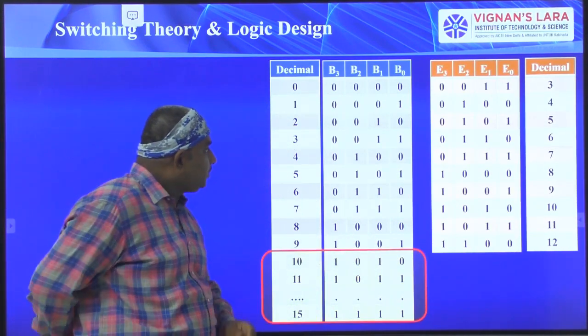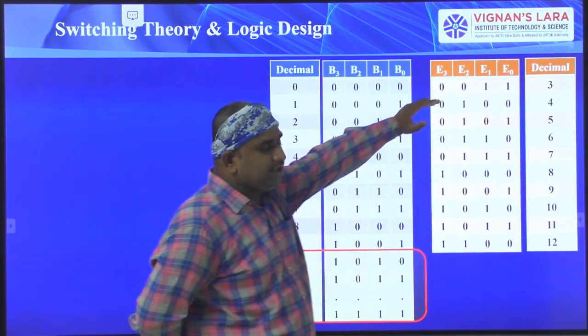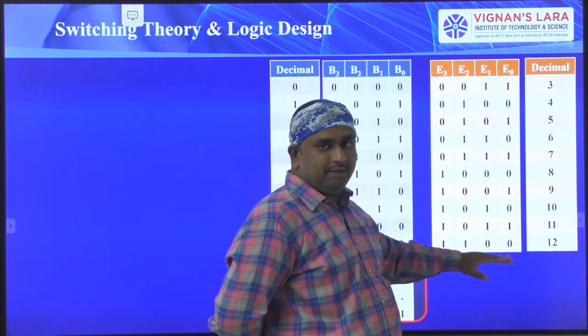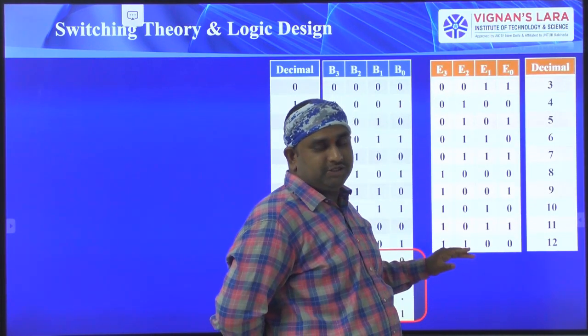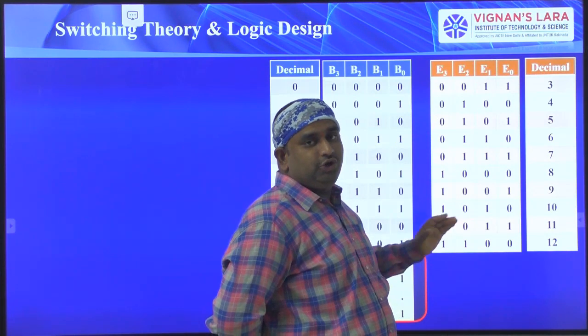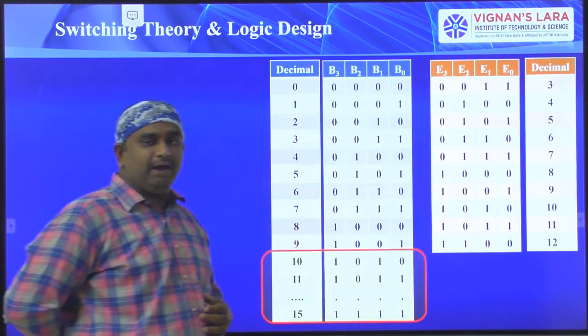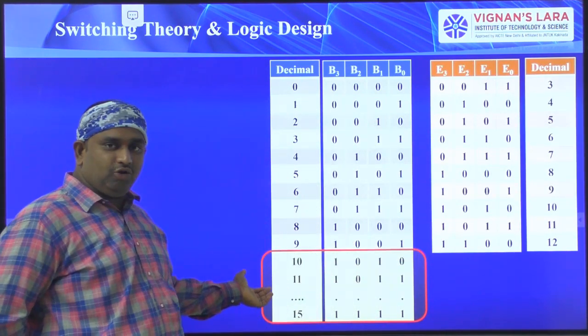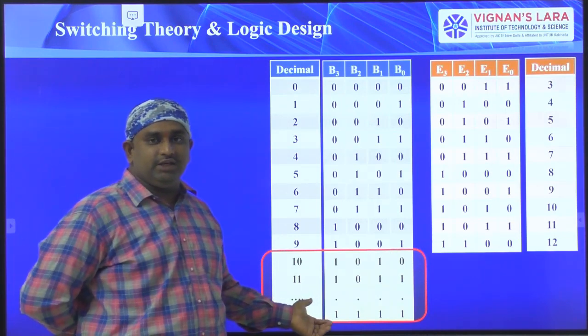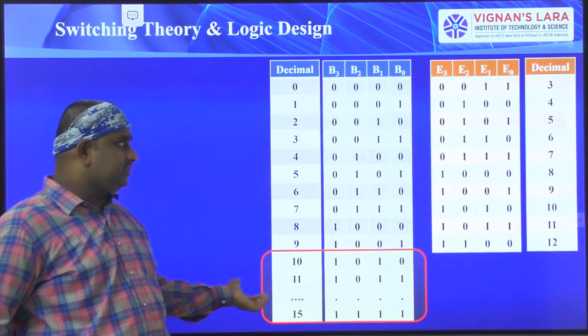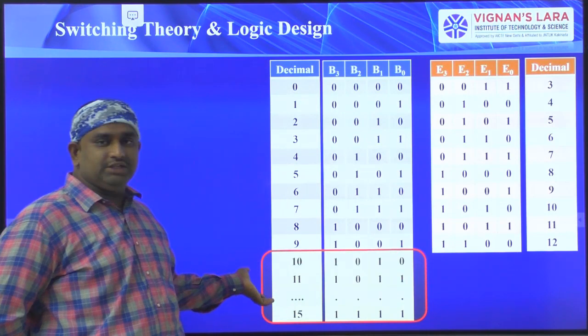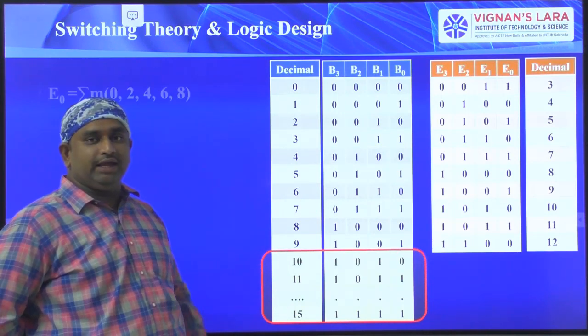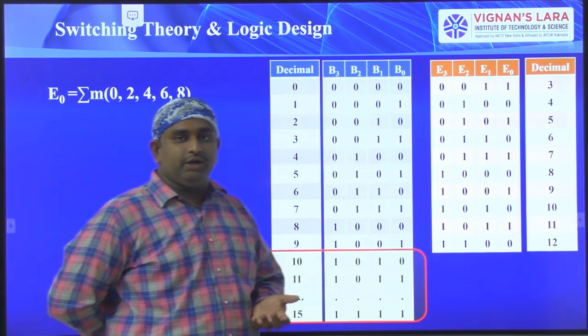Now coming here, 0 to 9 we have represented from 0011 to 1100, that is 3 to 12. These are the 0 to 9 representation of normal binary numbers. And the remaining combinations, 10 to 15, are not required states for the XS3. For that reason, these are the combinations we have taken as don't care combinations.